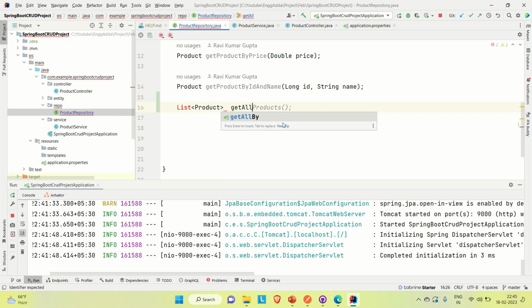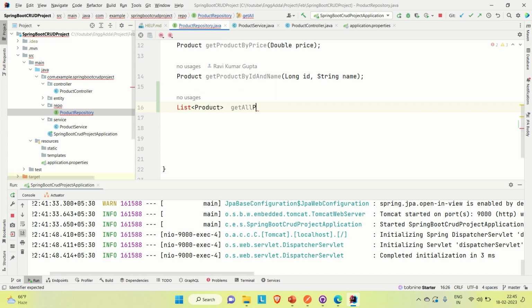So let me name the method get all products using JPQL. Now let me import the list here,